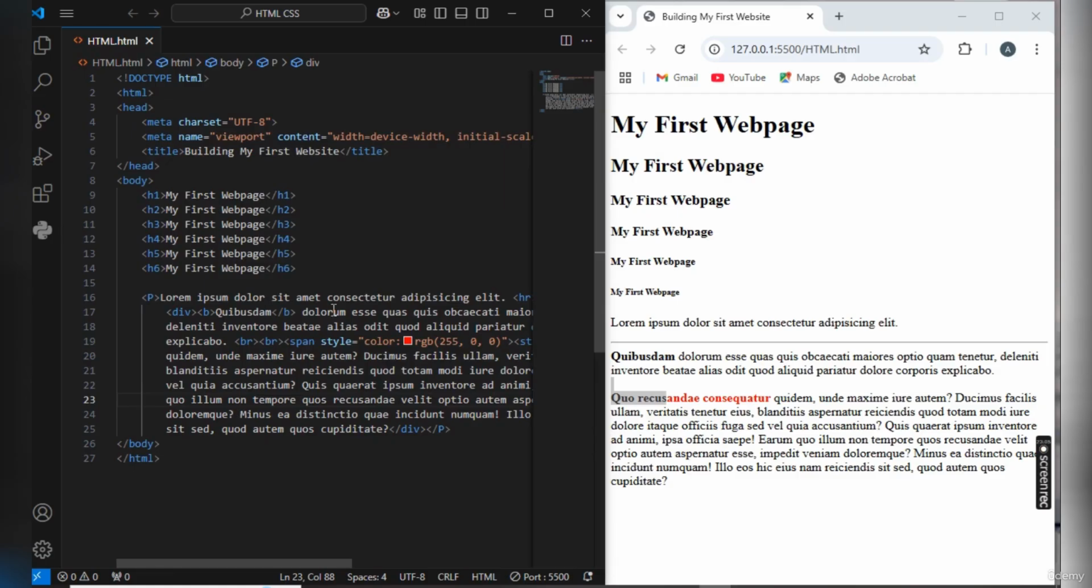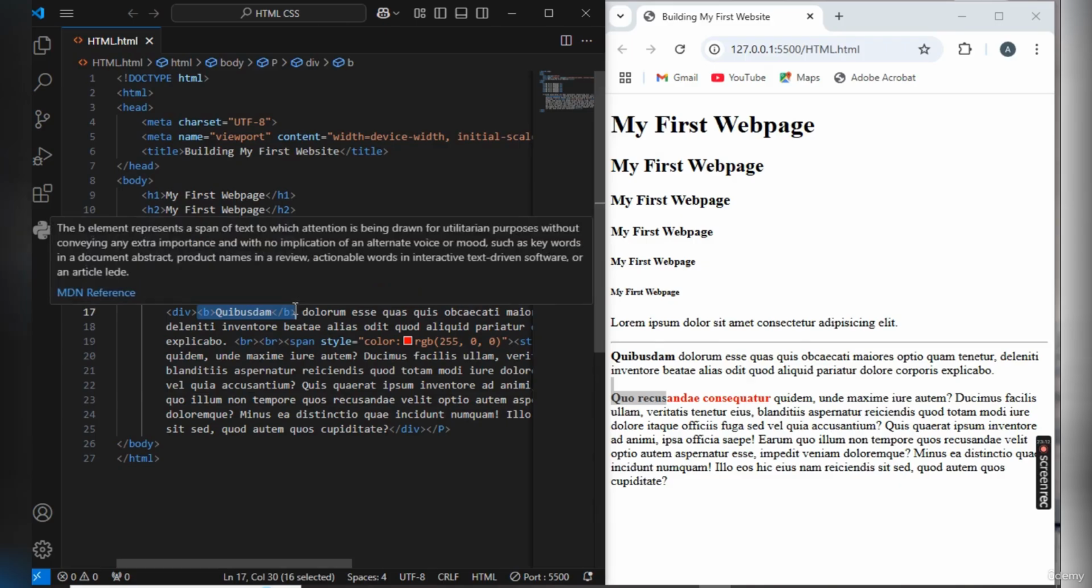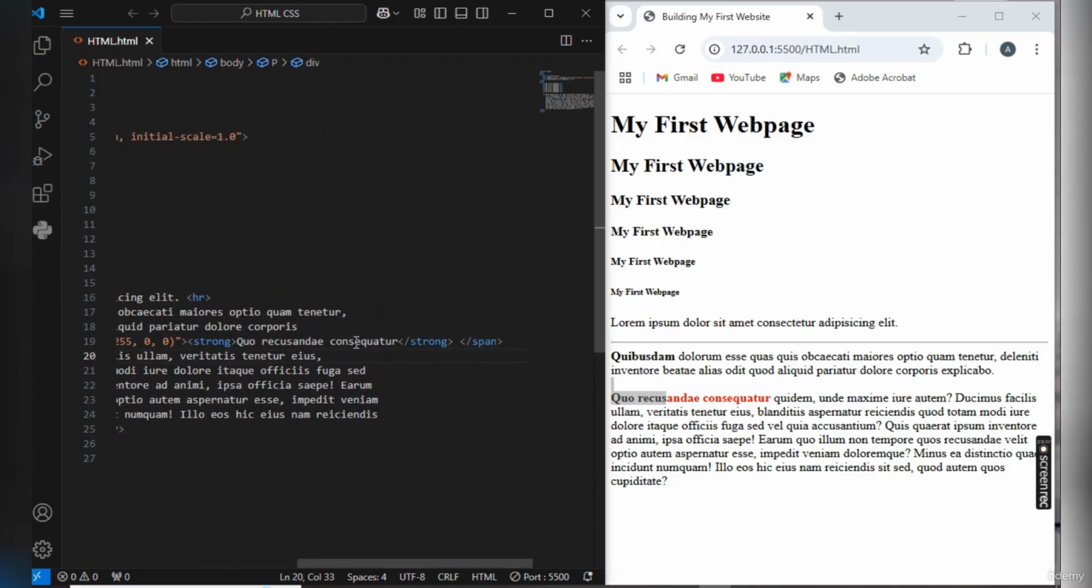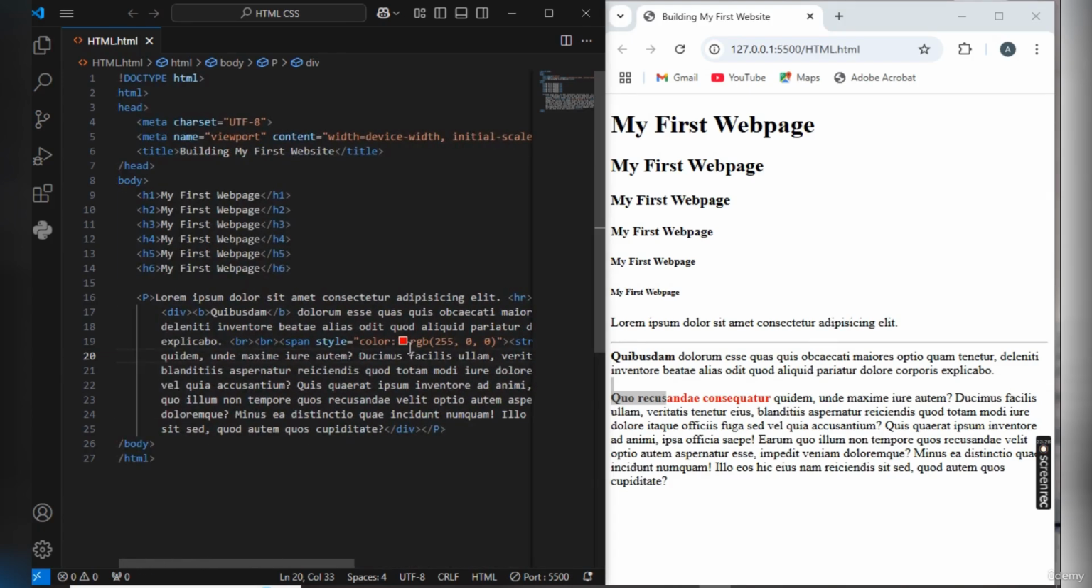Which tag did we use here? We used the B tag, the B open tag and close tag, which is for bold also. Then we used the strong tag also. So the B tag and the strong tag work in line together. Another type of tag that works in line together is the EM tag and the I tag,